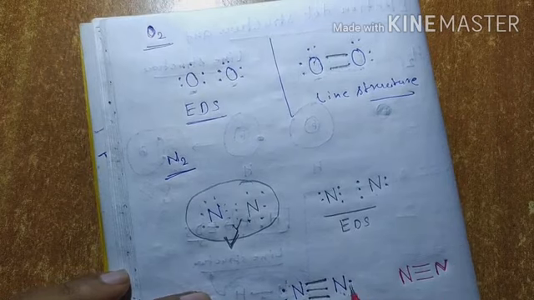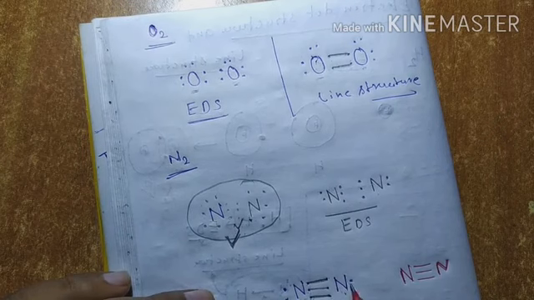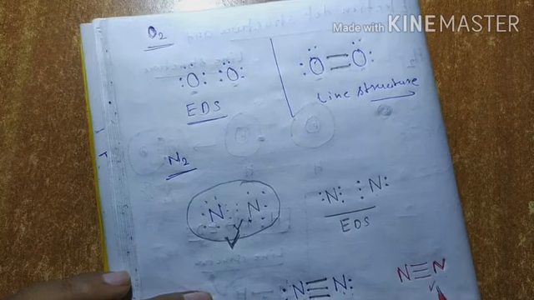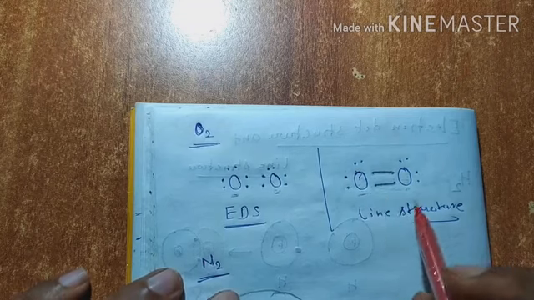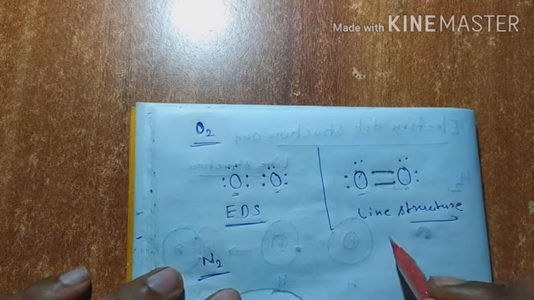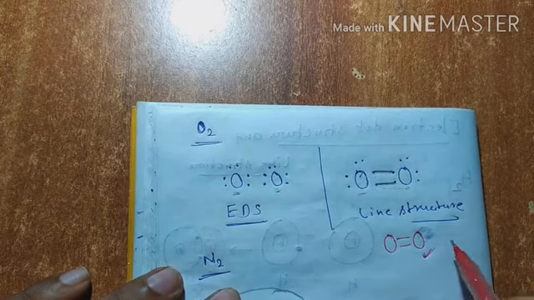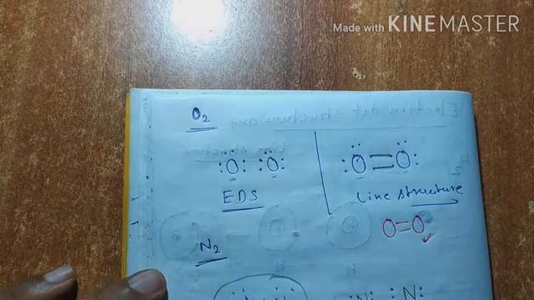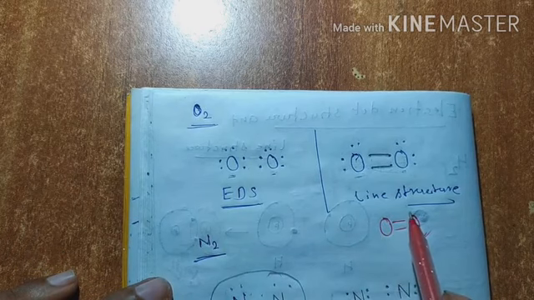Okay. I have shown it here for your understanding purpose, right? For understanding purpose, there are 2 electrons hidden. Understood? This is correct. In case of oxygen, O2, if you want to draw the line structure, simply no need to show this one. Simply O, there is a double bond. This is the line structure. It means there are 1, 2, 3, 4 electrons there. Still there are 1, 2, 3, 4, but they are hidden.